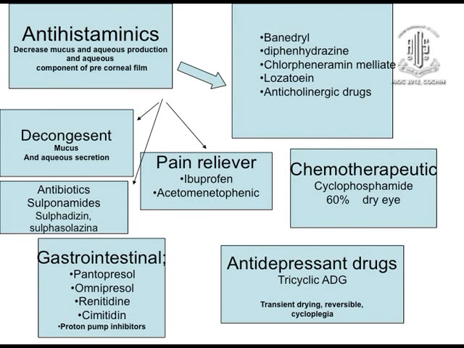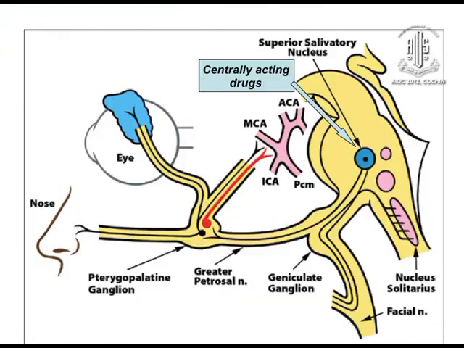Chemotherapeutic agents have the effect of decreasing tear secretion, and as many as 60% of these patients suffer from dry eye. These effects of dryness occur through the superior salivary nucleus. So it is a central lesion or central effect that is causing dry eye. Therefore, whatever we do as a topical treatment of dry eye or in the treatment of inflammation, the patient probably doesn't recover because the effect is at some other place.